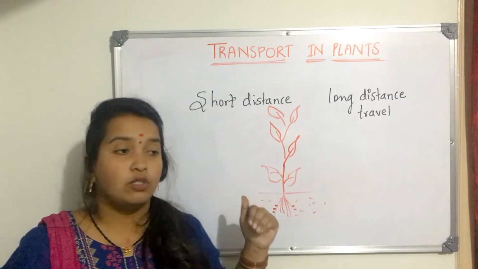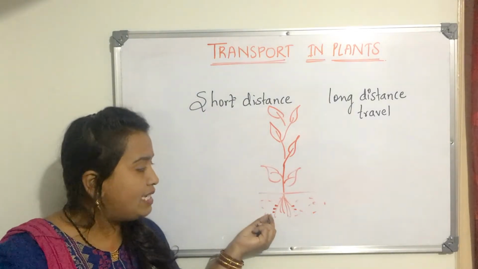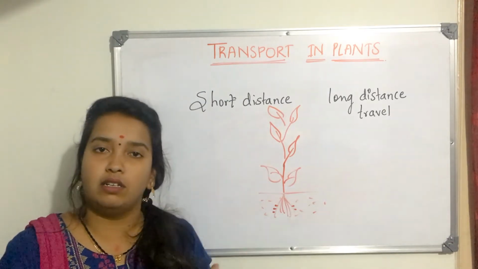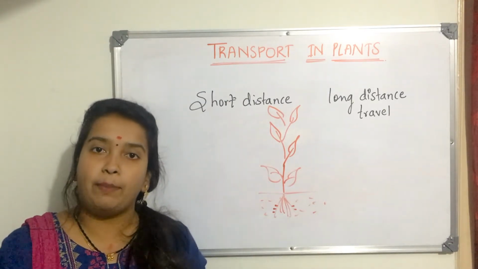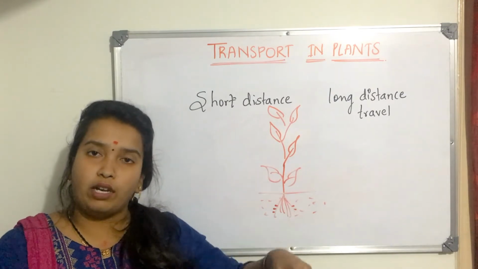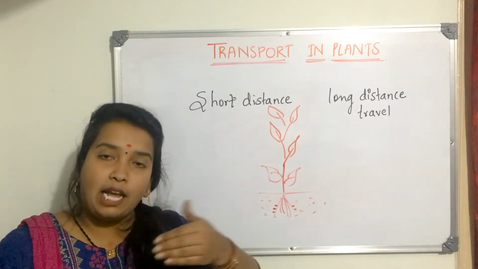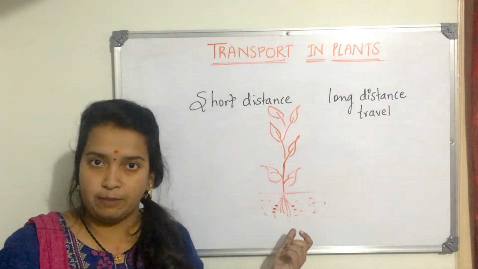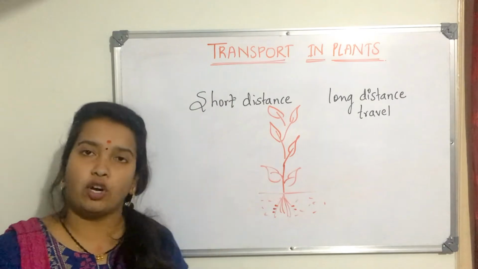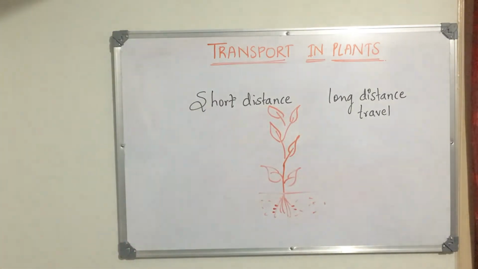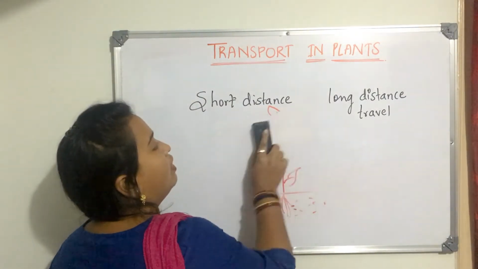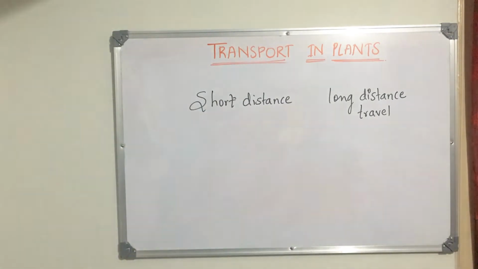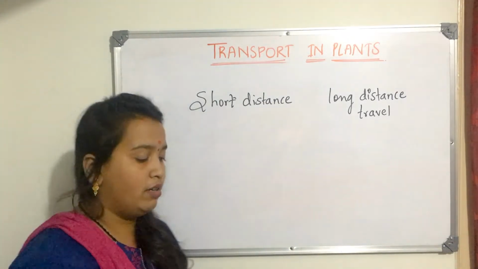It's not possible. So initially, water is taken up by the root hair, which is present above the epidermis. Then that water will enter the epidermal cell. Likewise, slowly, cell by cell, the things will move initially. That is done by short distance transport. So two types of distances we have, wherein some things are initially transported over a very short distance.